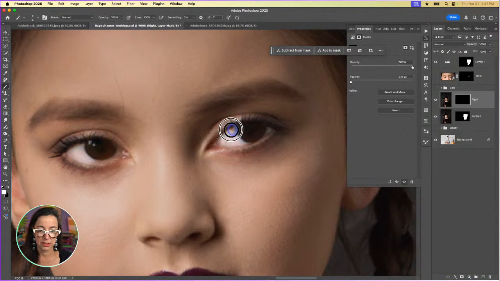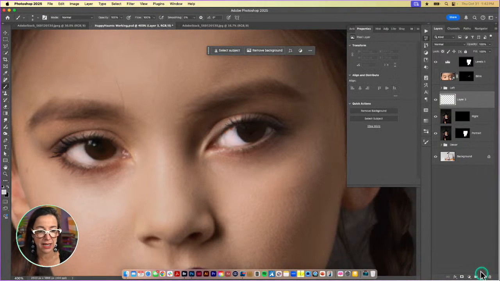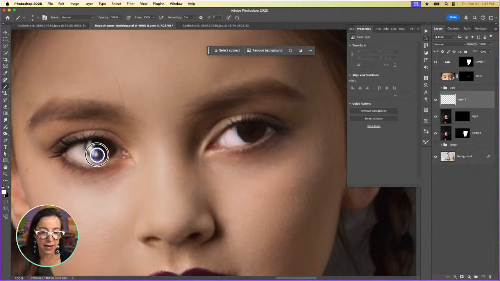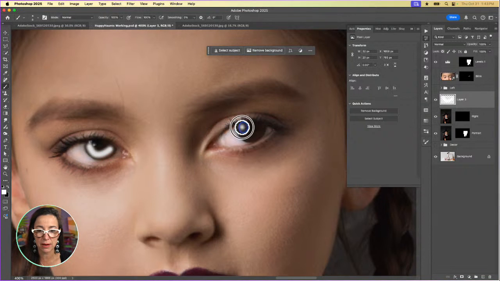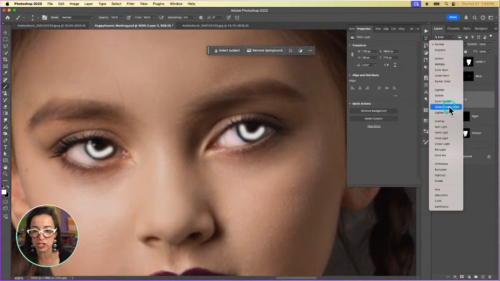So we'll call this good. But I am going to put the lights back in her eyes because again, they got just super dark. So I'm going to make another blank layer. Have my paintbrush. I'm going to press D for my default colors and then X to flip them so we've got white on top. And I'm just going to come in and paint literally a big ugly line like that right over her irises, and we'll change the blend mode to